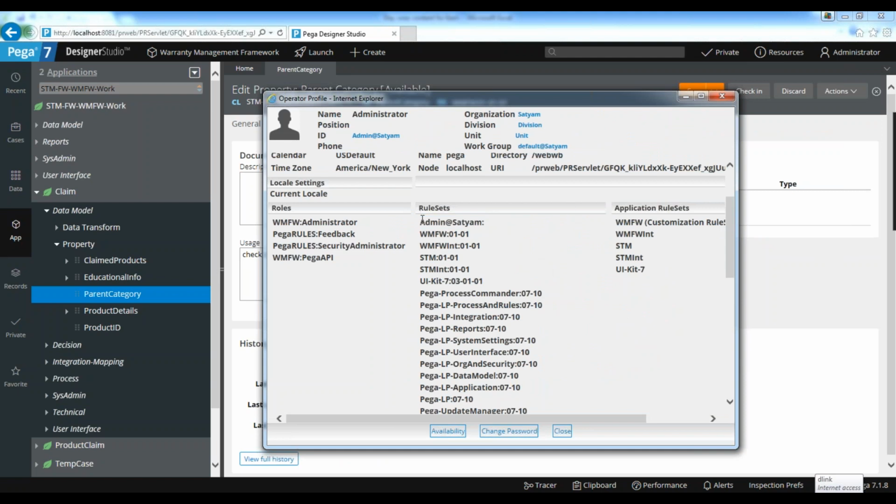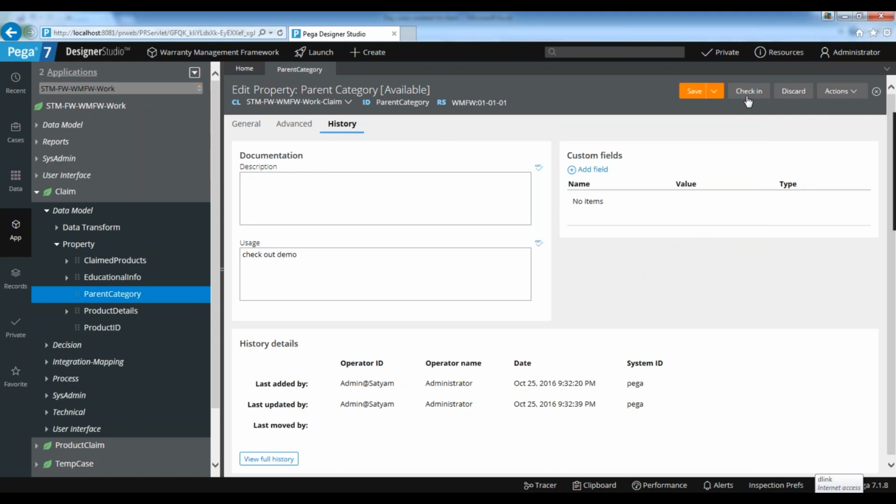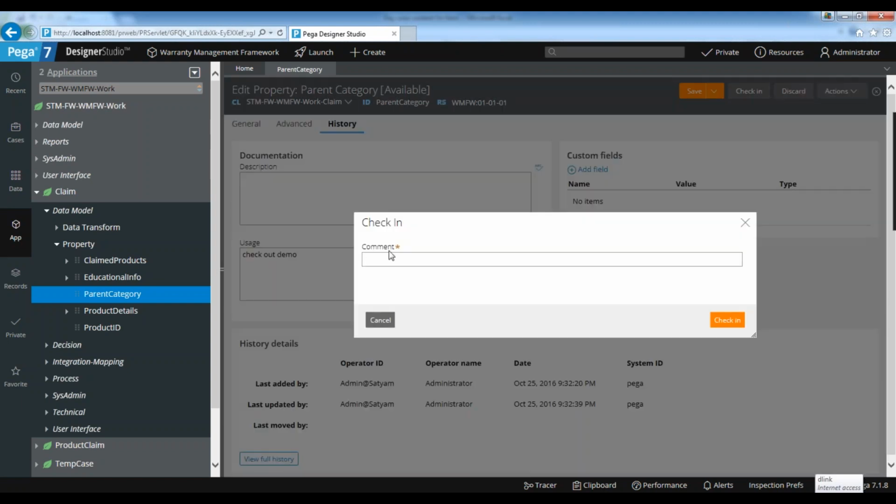Because this is on the top of the stack, even when you execute your case, it will take from your personal rule set only, so you can see your changes. But if you run the same application as some other user, they cannot see your changes because their personal rule set will be different. That is how the system maintains integrity among the users. Your changes cannot be seen by others, and you cannot see others' changes either, until they check in. Once you check in, it becomes persistent and permanent, so anybody can see it.